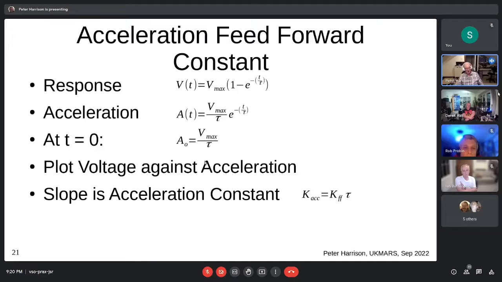And if you then plot, which I haven't, because it didn't occur to me until around about 7 o'clock that somebody would ask this, so I'll just knock this out quickly. If you plot voltage against acceleration, you can calculate an acceleration feed forward constant. And this is so you know what your acceleration should be. And just like the previous stuff with the voltage feed forward, the speed feed forward, you just plug it into a simple equation. And this slope, by the way, of this is just the speed feed forward